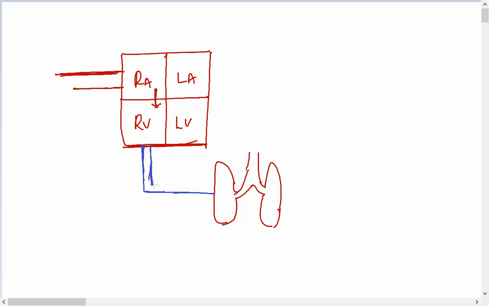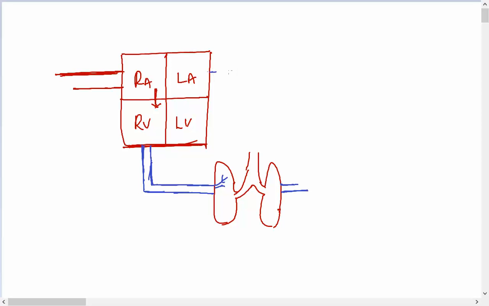They go to the pulmonary artery and they enter the lung and they make them into capillaries. From the lung capillaries it comes out as a pulmonary vein